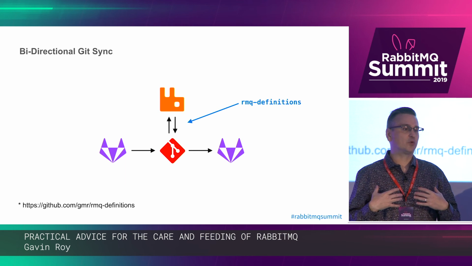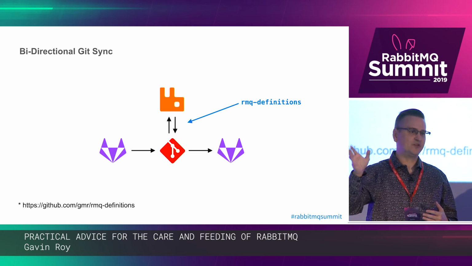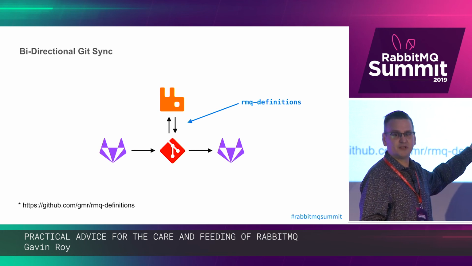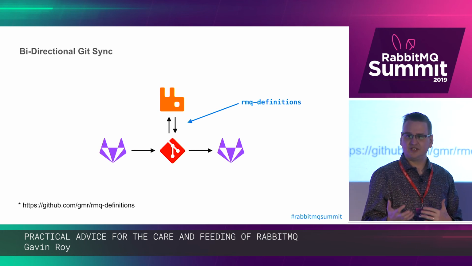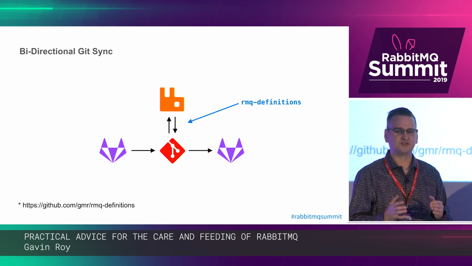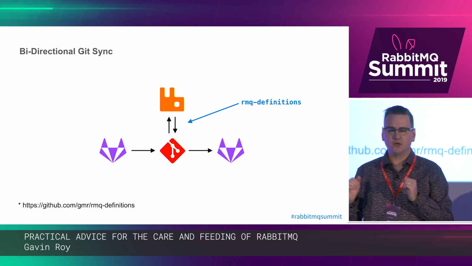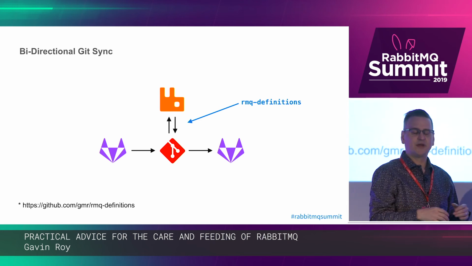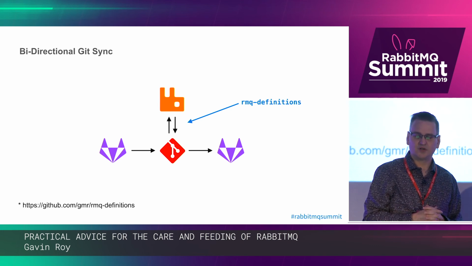And the idea there is that if a developer wants to add something new to the topology, I'm not going to force my view of using the management UI to control everything on them. They can make a PR, because it was really important to the engineering team at the time that everything goes through a code review process, even if it's not code. So let's have a Git repo, let's do merge requests, and make sure that everything happens the way we want it to.